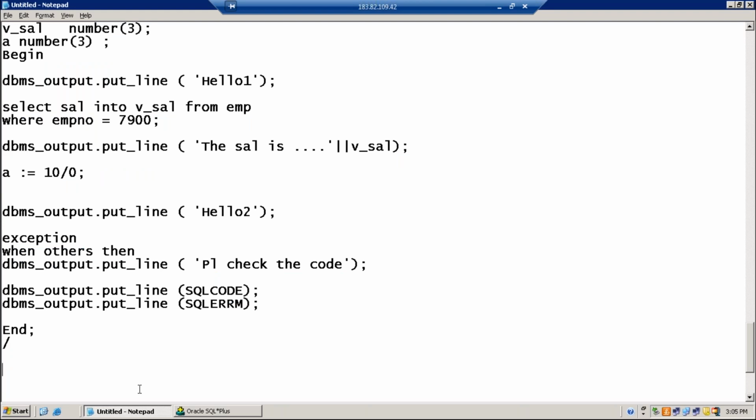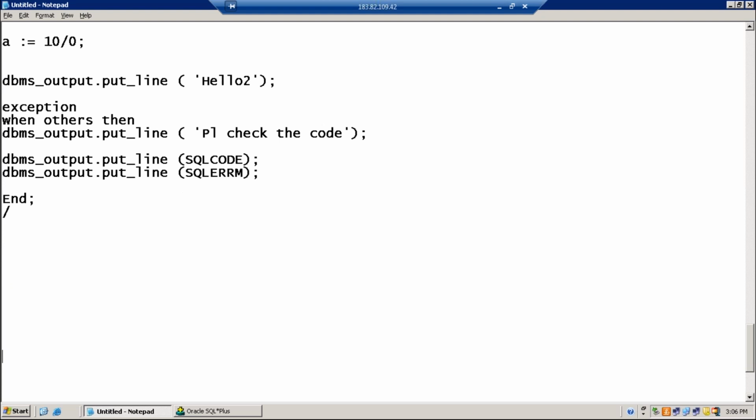Now let's go to the second type of exceptions. In total, how many types of exceptions do we have? Predefined, non-predefined, and user defined. One more thing before completing predefined exceptions. Let me list out the predefined exceptions.